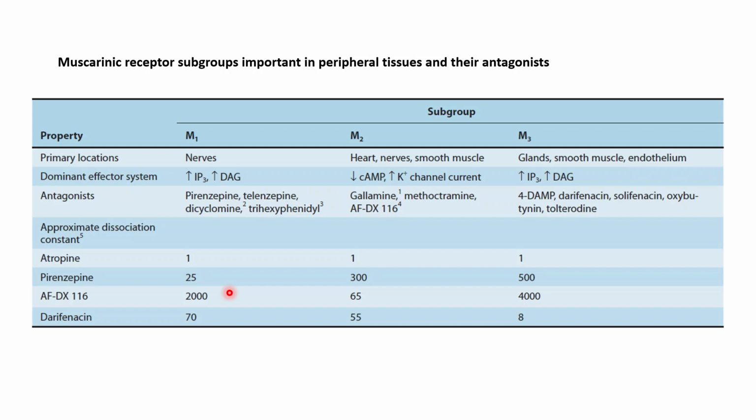So the antimuscarinic drugs are used for the treatment of Parkinson's disease, like Benztropine, and they are usually combined with the levodopa. And the second indication is motion sickness, and Scopolamine is one of the most commonly used drugs for the motion sickness. So it's also effective for the air disease,